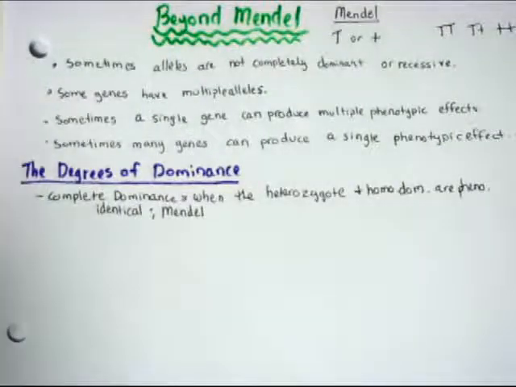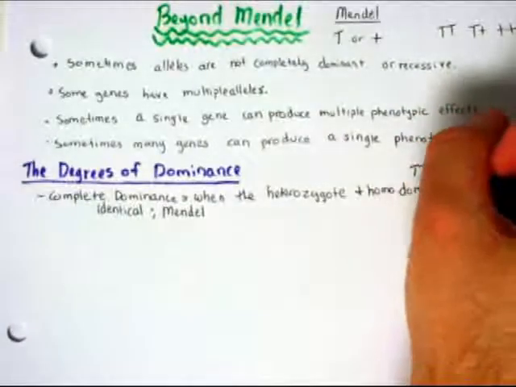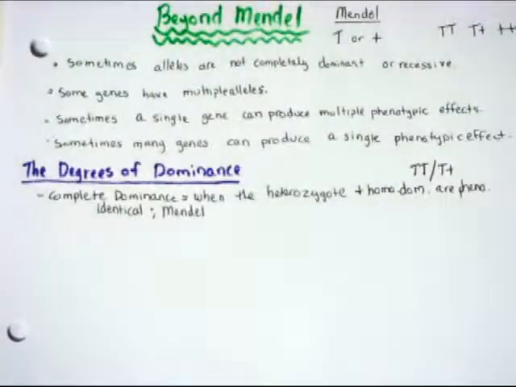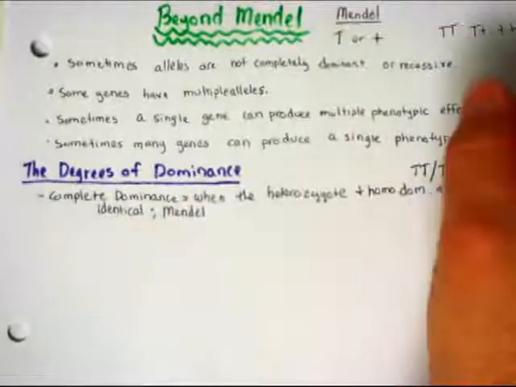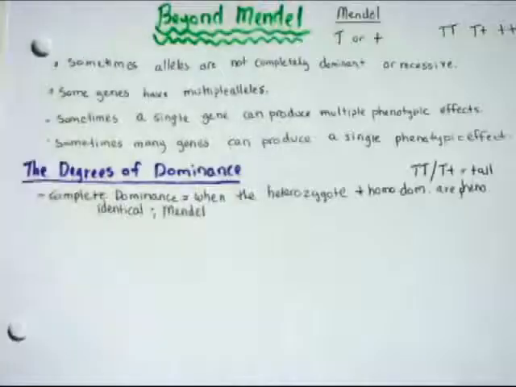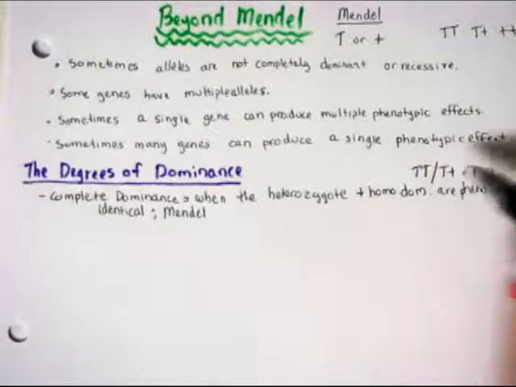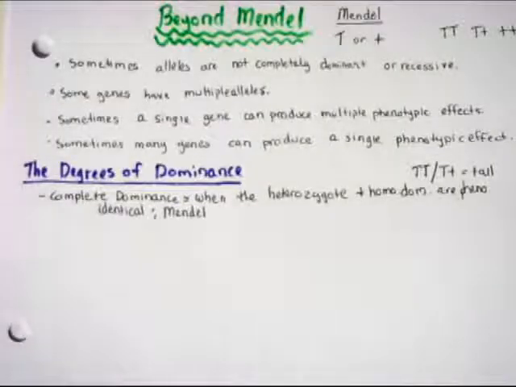In other words, according to Mendel, you could not distinguish the difference between the big T big T and the big T little t by just physically looking at them. You had to do more. Right? A test cross. We mentioned that yesterday. So that would be complete dominance. And it's not that the big allele is subduing or overpowering the recessive allele. You know, when you study something with people, and you say, well, this individual is dominant to that one, the term dominant there makes you feel as though there's an overpower